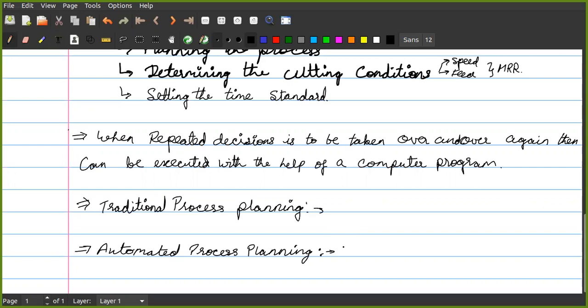So if a part needs to be processed either on the milling machine first or the lathe machine first, it can be identified by their machining time. So if you have a product which needs to be processed on a lathe machine and on a milling machine, then depending upon the time required for that particular process, it needs to be judged, and that judgment is to be put into a computer program.